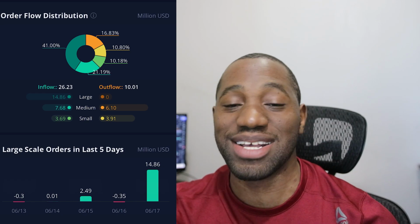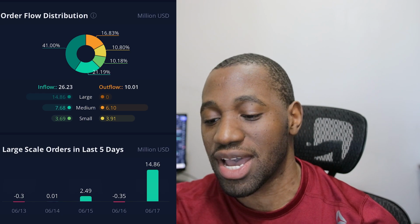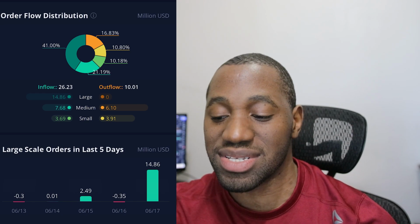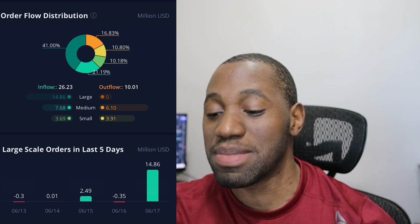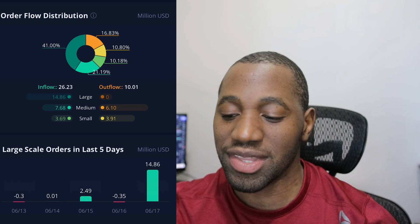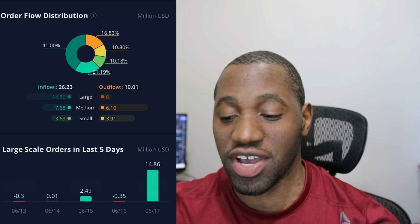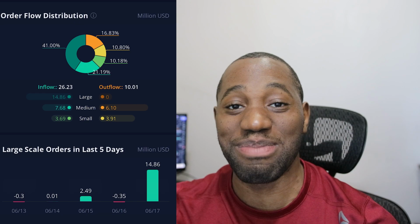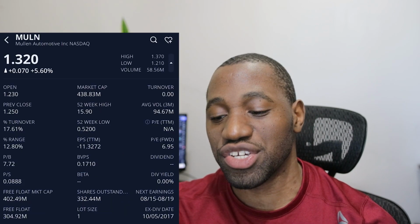And when we analyze the numbers even further, for the small scale orders, which tends to represent the retail side, you can see that we had more selling than we had buying. On the medium, we had more buying than selling. And for the large, which represents whales, institutions, and funds, that's where we had a lot more buying than selling. And when we take a look at the turnover ratio, it was at